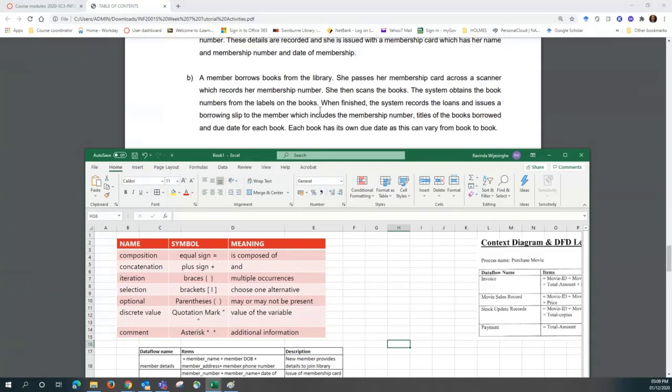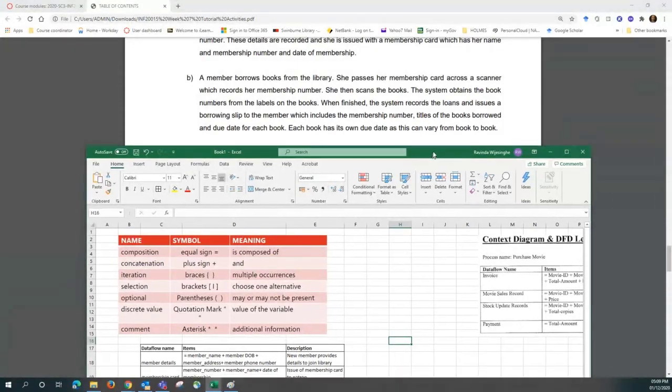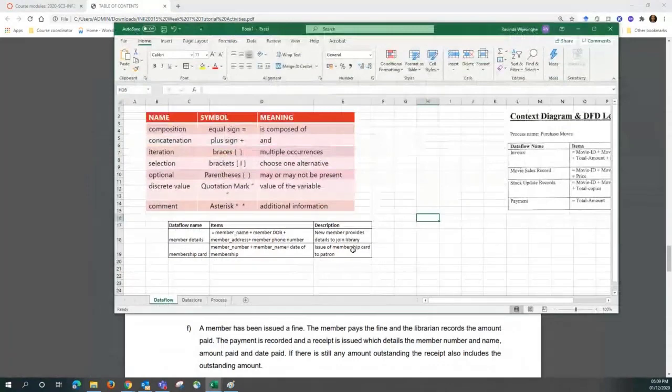And then what happens? The system will process the information and send a borrowing slip to the member, right? That's the outflow. So there are two inflows and one outflow. What are the two inflows? Membership card details and book details. And what is the output? The output is a borrowing slip that goes out. Okay, so we can now